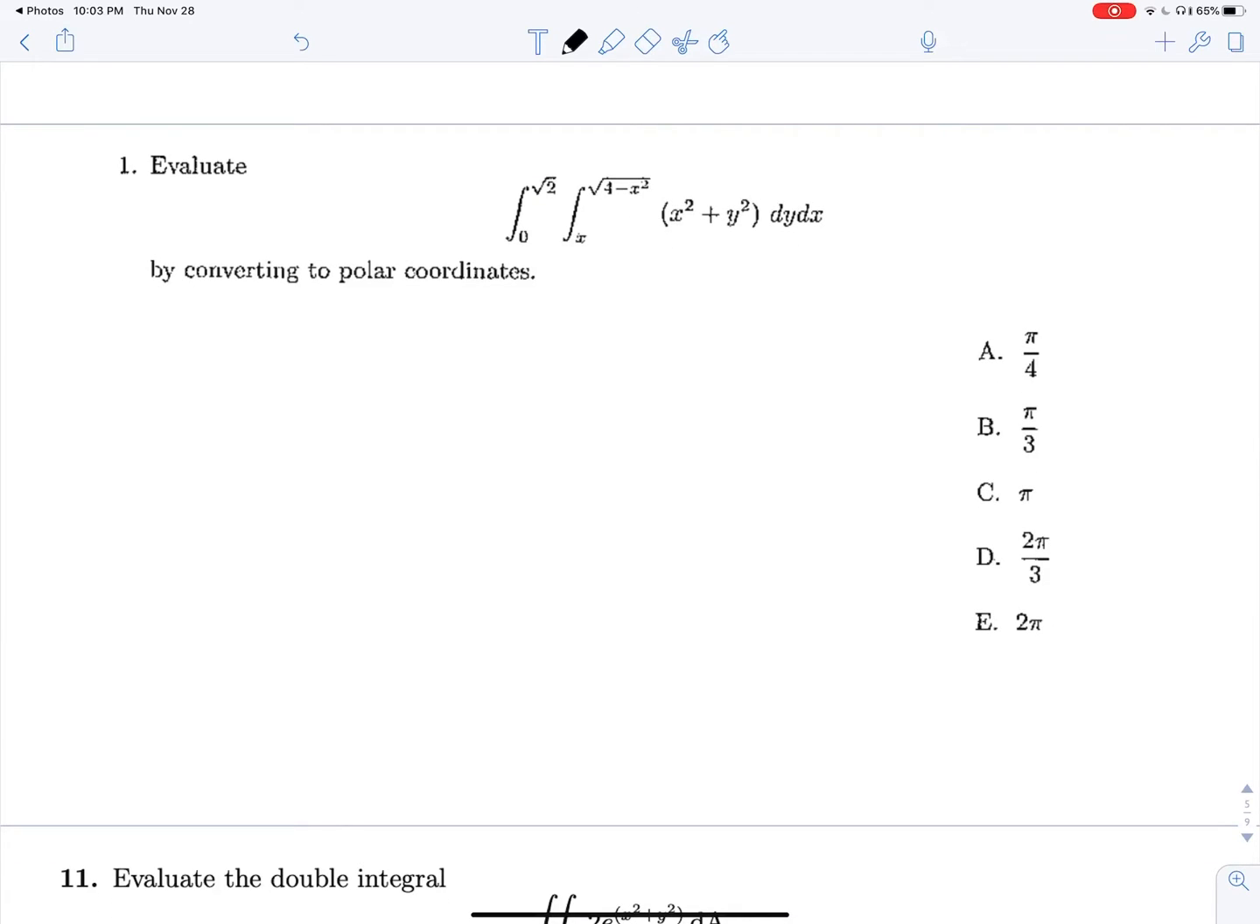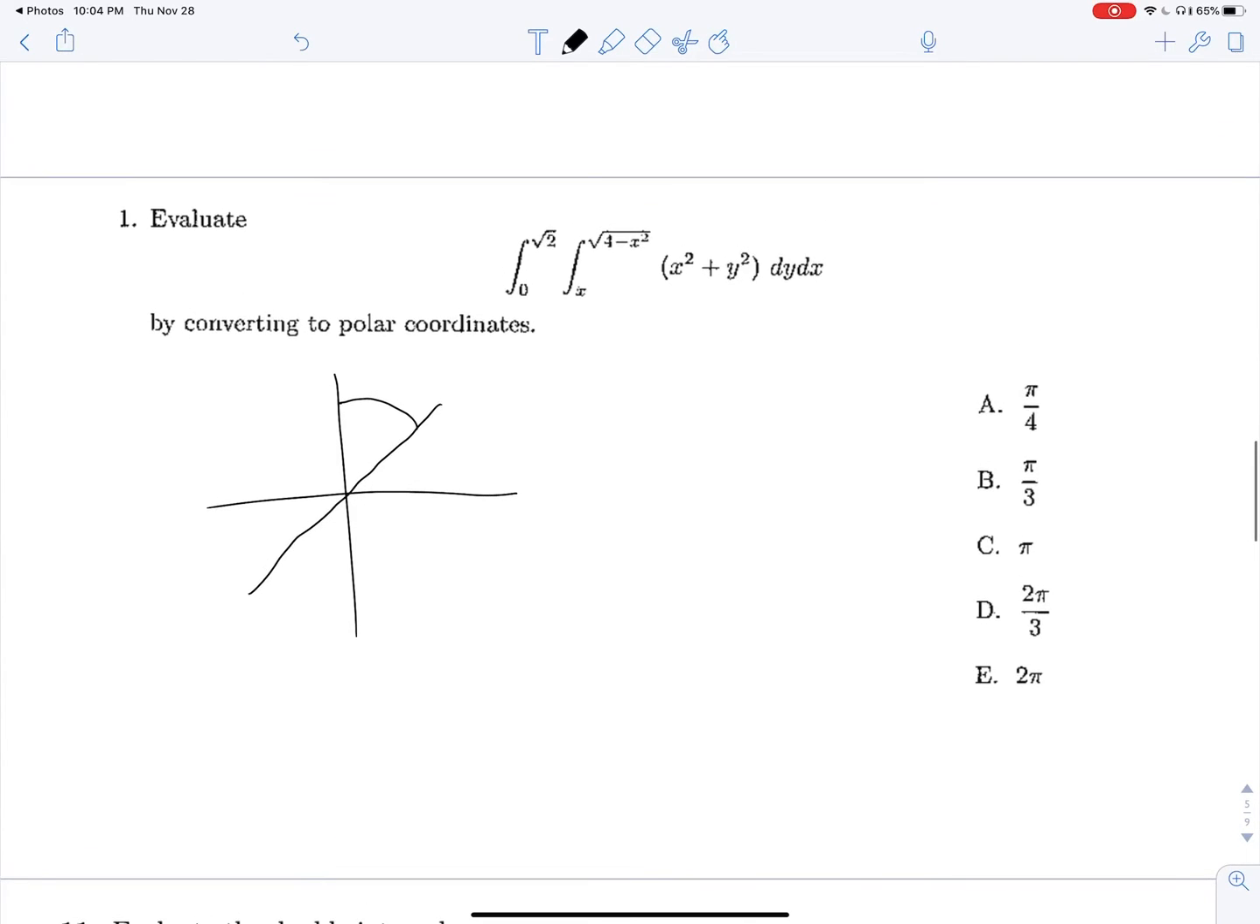Let's evaluate this guy by converting to polar coordinates. Same kind of thing. We got to graph this thing out. We're bounded on the bottom by y equals x, and on the top by the hemisphere of radius 2, and then x is running between 0 and root 2. And note, if we were to do this with the unit circle,